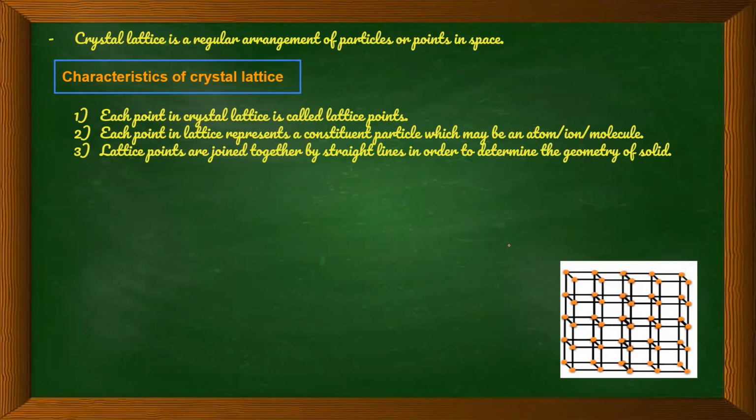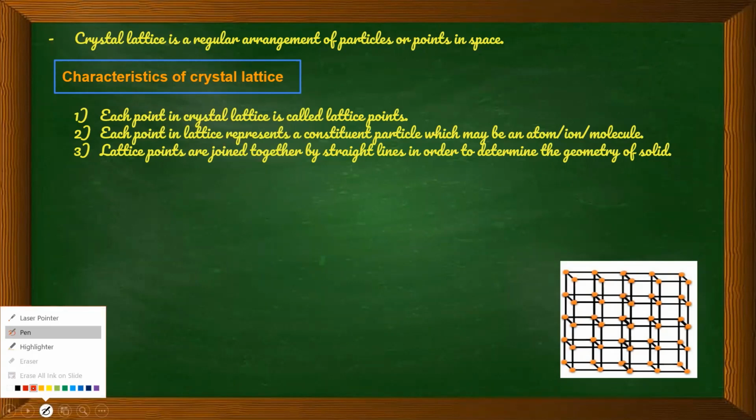Each point in a lattice represents a constituent particle, which may be an atom, ion or molecule. So when somebody asks you the significance of the lattice point, you have to say that the lattice points are the constituent particles, which may be an atom, ion or molecule. And when we join these lattice points together by straight lines, we can easily determine the geometry of our solid. For example,